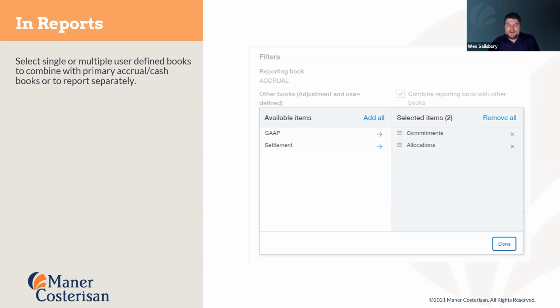And what this allows me to do is select either individual or multiple user-defined books to combine with my main reporting book. So in this case, I have a reporting book for accrual. This is an accrual-based company, but yours may be cash basis, one or the other. But I have 4 different user-defined books that I could use in my report. I have a GAAP book, I have a settlement book, I have a book for commitments and